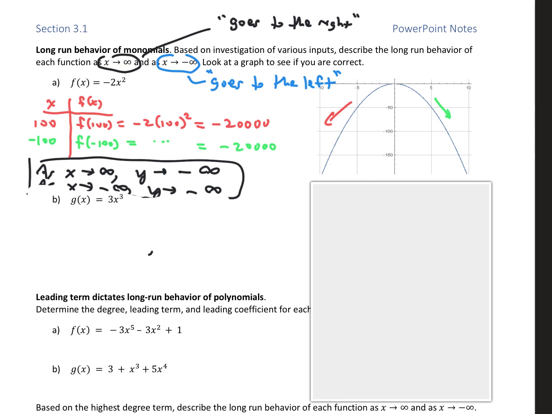Erase a little bit of that so I can see it. Here the function is g of x equals 3x cubed, and so I can play the same game of just putting in a couple of numbers, maybe even 100 and negative 100 again, thinking of those as being x's that are far out in each direction. And what we should see